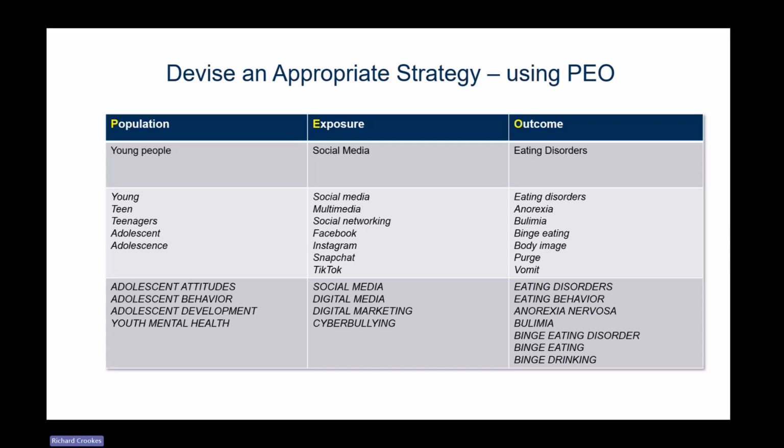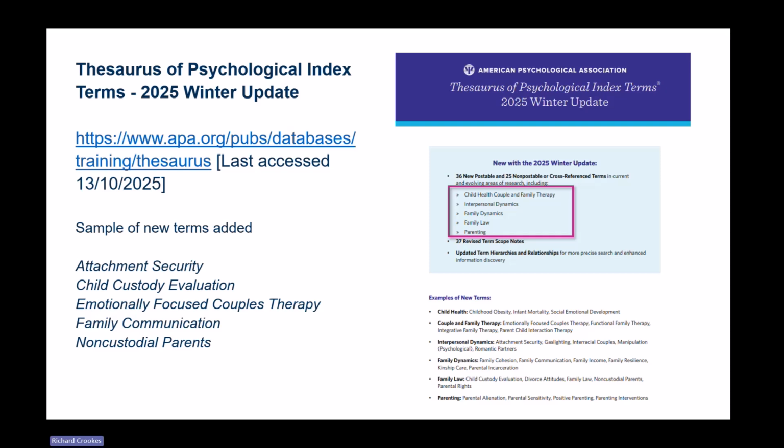Also, to say a little bit about the APA Thesaurus, we have the 2025 winter update. Obviously, this will be updated periodically, I believe annually, and there is a link there to more information on this page. So there are new terms that are added periodically. We've got attachment security, child custody evaluation, for example, family communication, non-custodial parent. So the APA keeps their index up to date with new terms, replacing older terms that are no longer appropriate. There's more information on their website for a more detailed look at the thesaurus and how they construct it. The new terms are often highlighted in these updates that you'll see on their website,